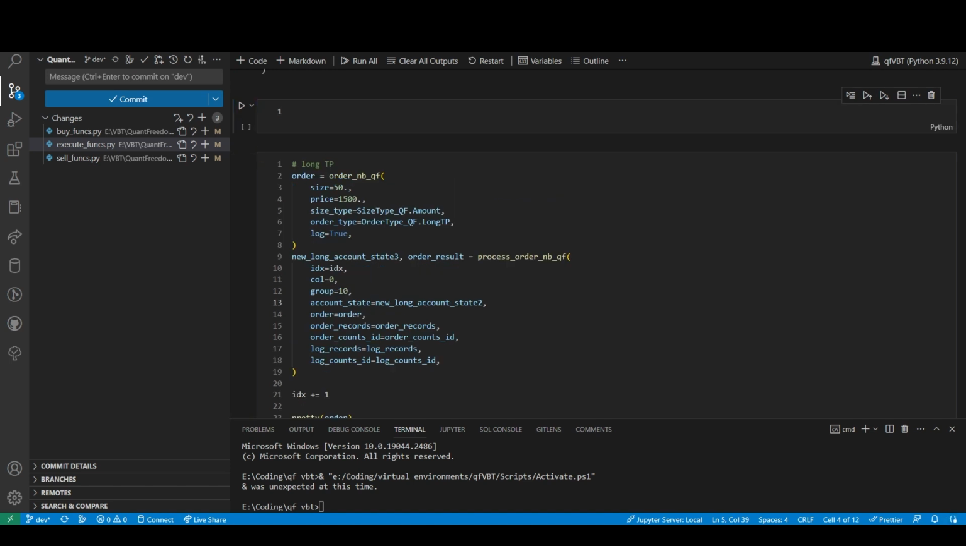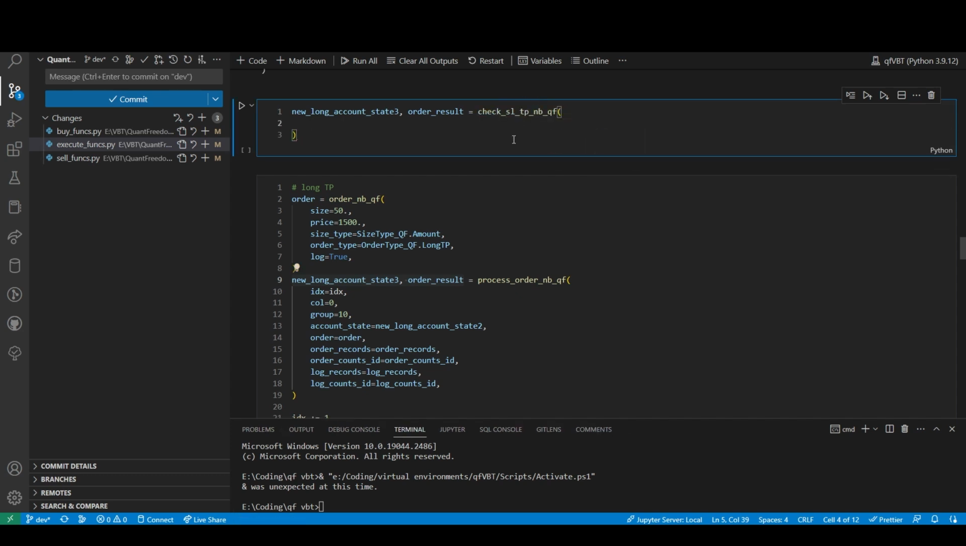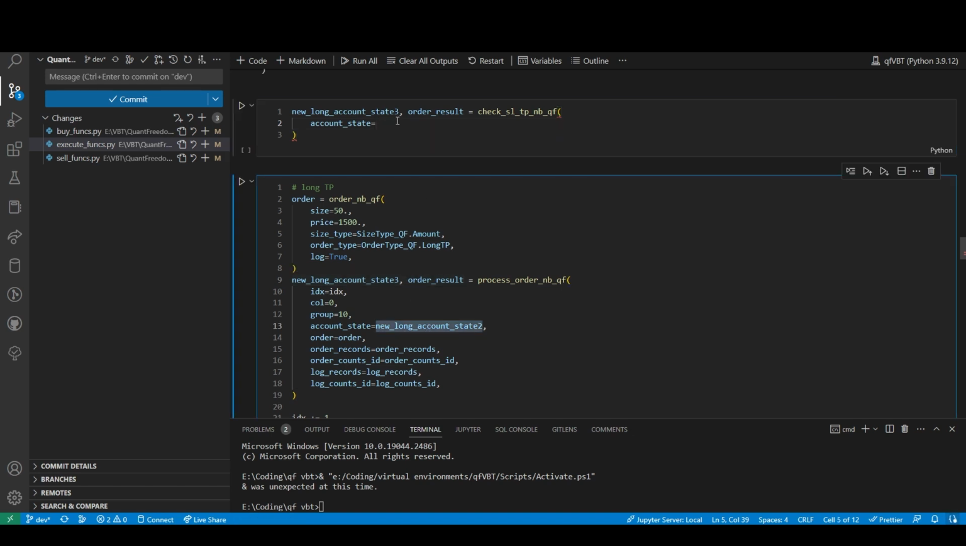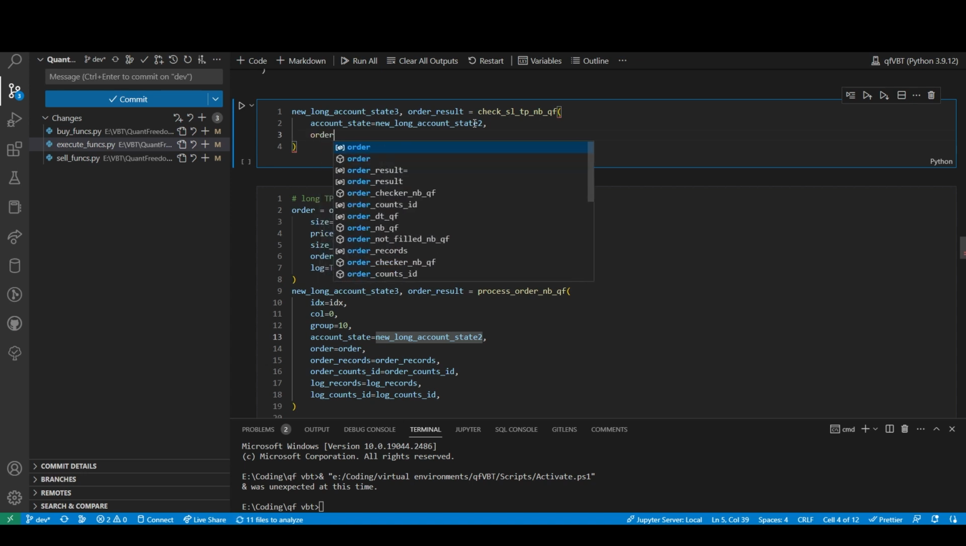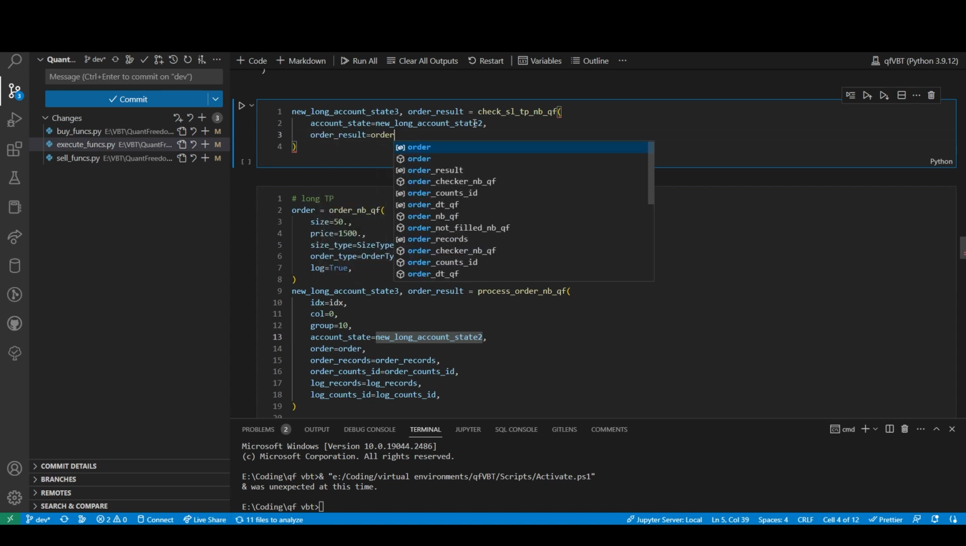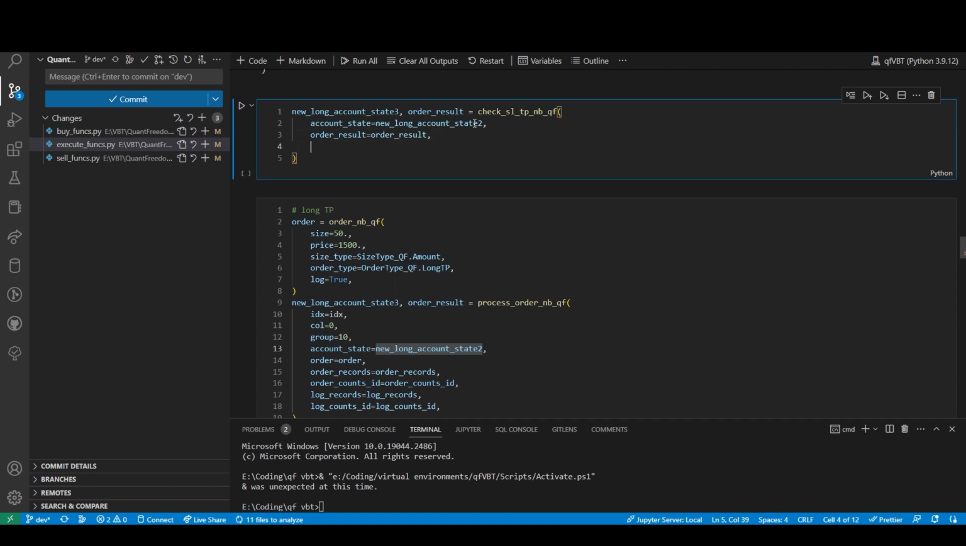So now what we should try to do is execute the check, and inside of this we need account state equals new account 2, and we need order result equals order result, and we need the high is